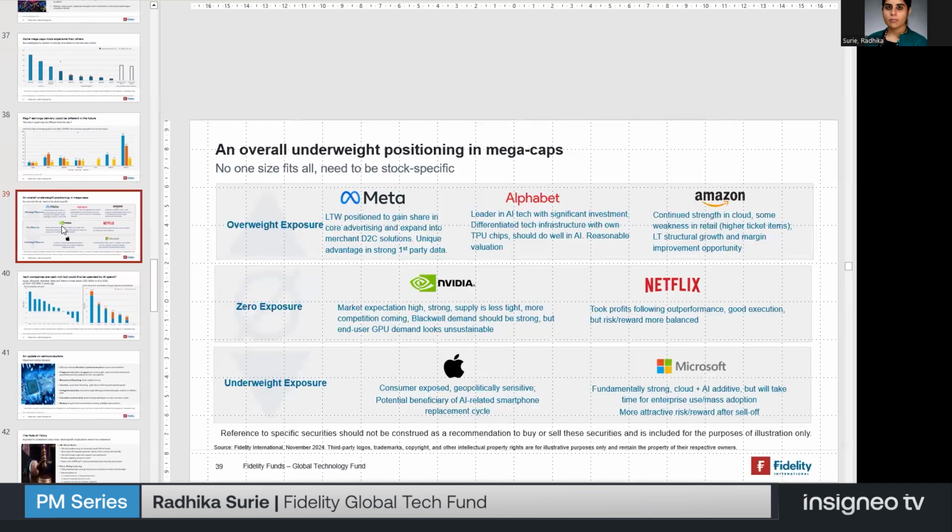So, in general, if you think about the portfolio, it's quite different because it is underweight mega caps. It is also significantly underweight the US for the same reasons. We need to think about each stock quite differently because all decisions are made on a bottom-up basis. So we have zero exposure to NVIDIA, and we've had zero exposure throughout the generative AI theme. And we have zero exposure to Netflix. Netflix is a relatively new zero exposure because we've had that position.